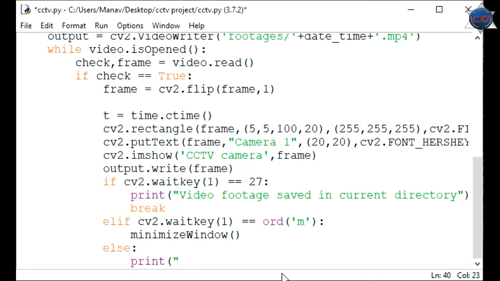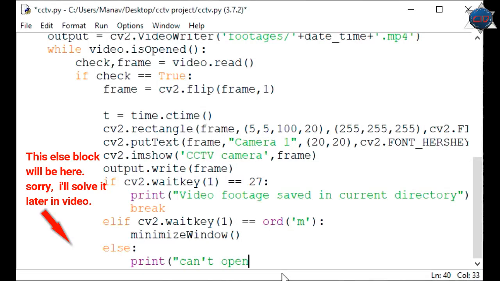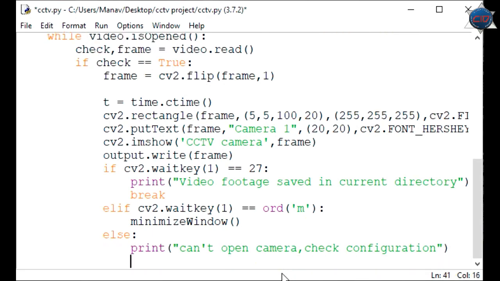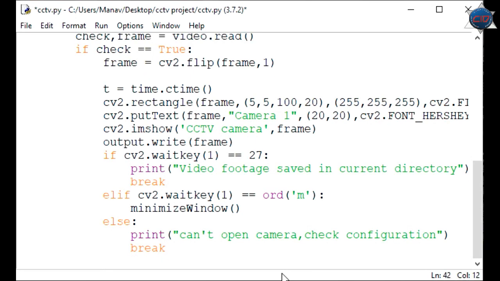That means if it is false, then it will show can't open camera, check configuration. If your camera is set properly, then it will not be shown. And now the loop will break, that means the while loop will be closed, and now all things are completed here.